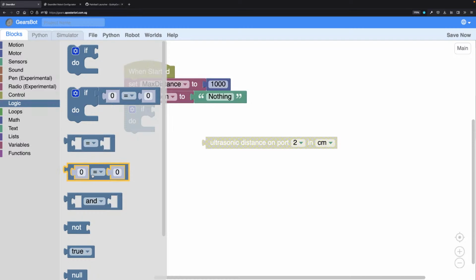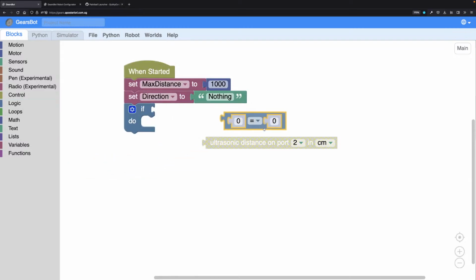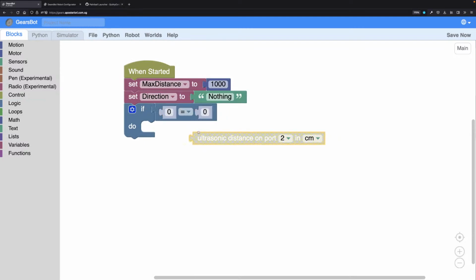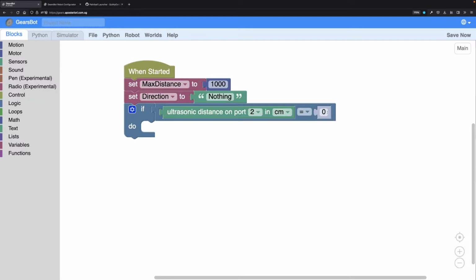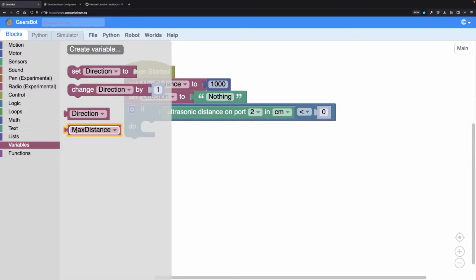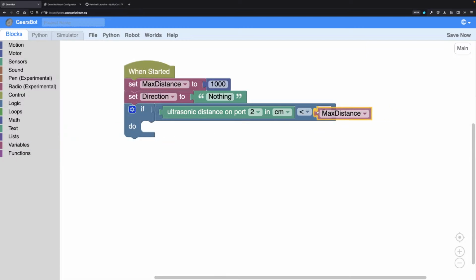Let's use this one with the numbers written in already for us. So if the distance of port 2 in centimeters is less than variables, max distance,